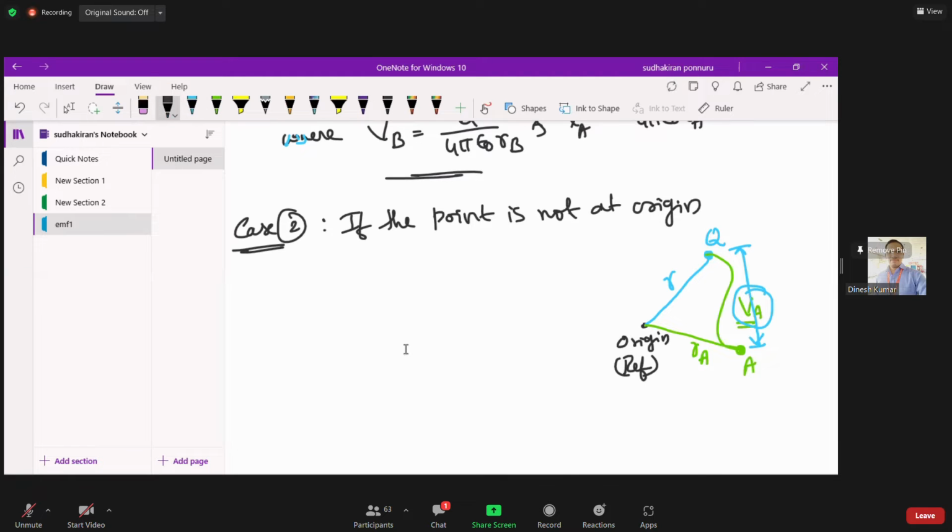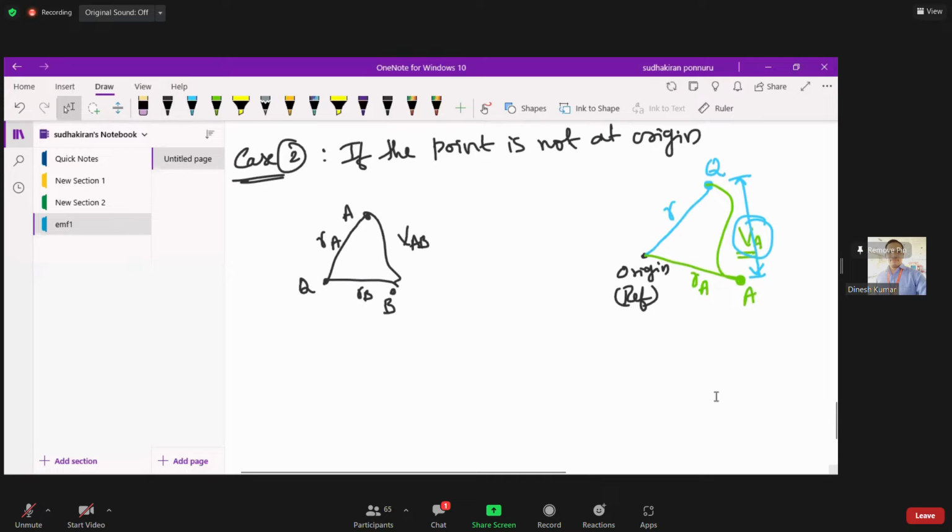Comparing with the previous case 1, earlier in case 1, this is the origin where our point charge is located, and with respect to point A and point B we found the potential. Earlier A was at a distance of RA and B at a distance of RB, and we got the expression for VAB. Now if you want to compare case 1 with case 2,